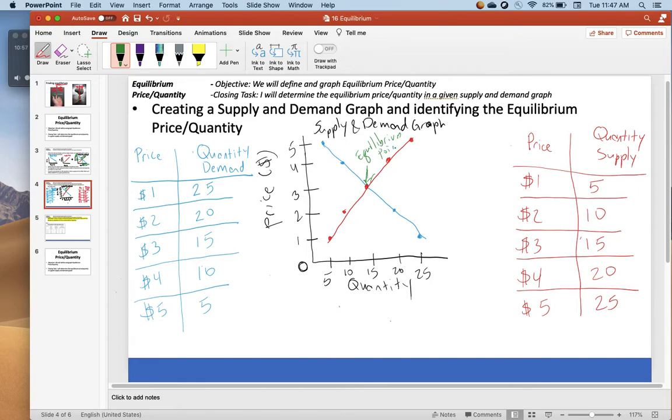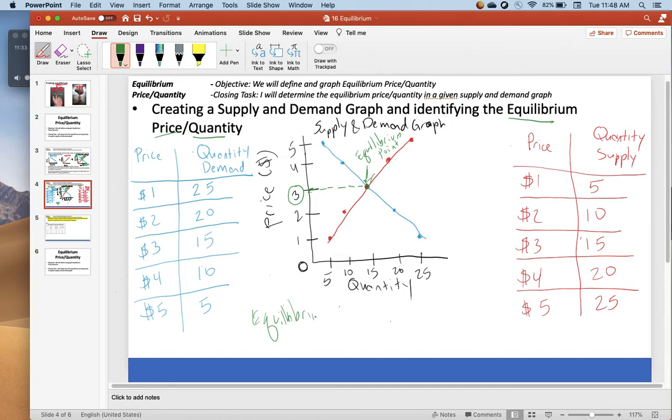Now the equilibrium point is important because it gives us the equilibrium price and quantity. So let's look at the equilibrium price. From our equilibrium point, I go to the left, and this is why it's important, guys, to draw your graphs as accurately as possible. So my equilibrium price is $3, right? At the equilibrium point, that's what matches. At this point right here, my price is 3. So I'm going to say that my equilibrium